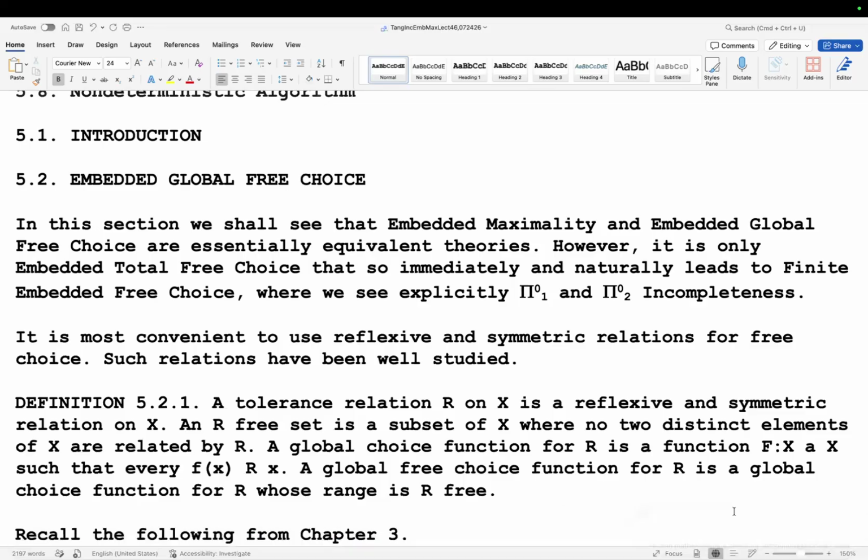Now, what is a global choice function? This is the point. A global choice function is a function, this should be an arrow sign here, function f from x into x. See, it's total, which chooses f of x is always related to x. And since it's symmetric, we don't have to worry about is x related to f of x. Automatically, it's the same because these things are symmetric, or tolerance relations. All right, and a global choice function,